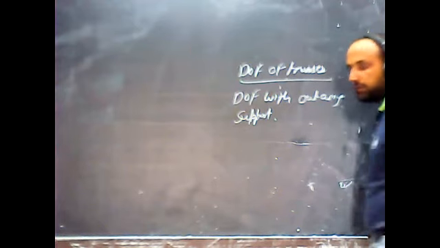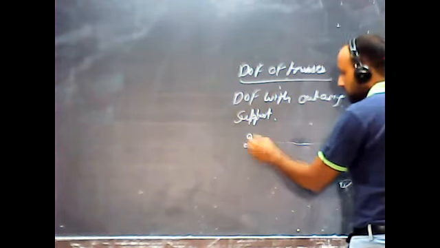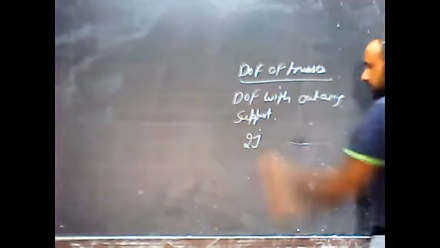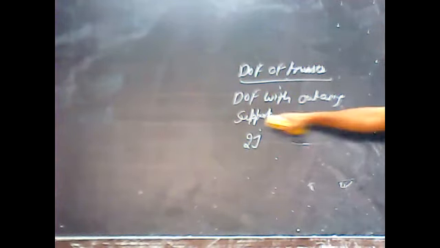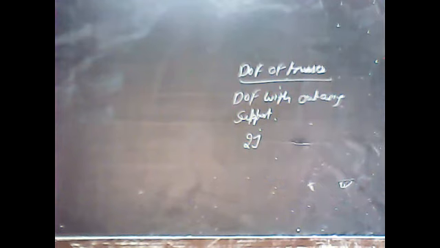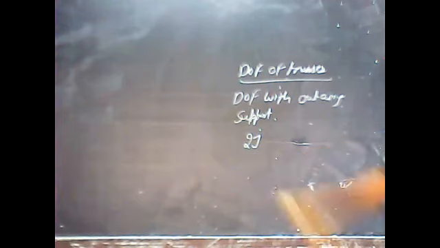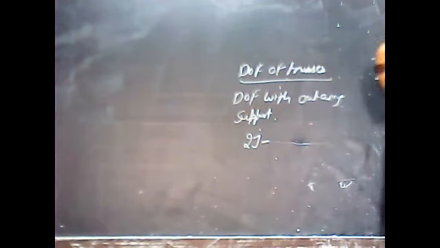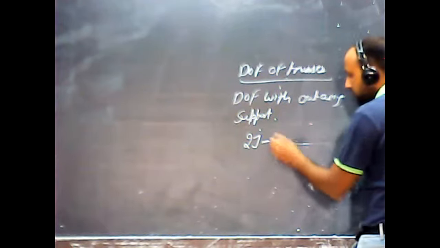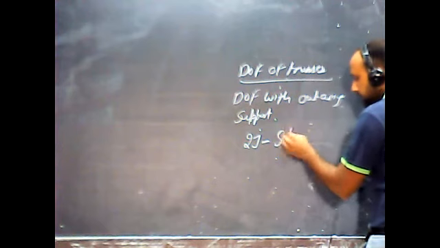If there are different joints, I am just mentioning J. Fine. Degree of freedom without any support, in that case how much does it come out to be? 2J only. Yes or no? Yes, sir. Fine. Minus restrictions, or you can write it as support reactions.